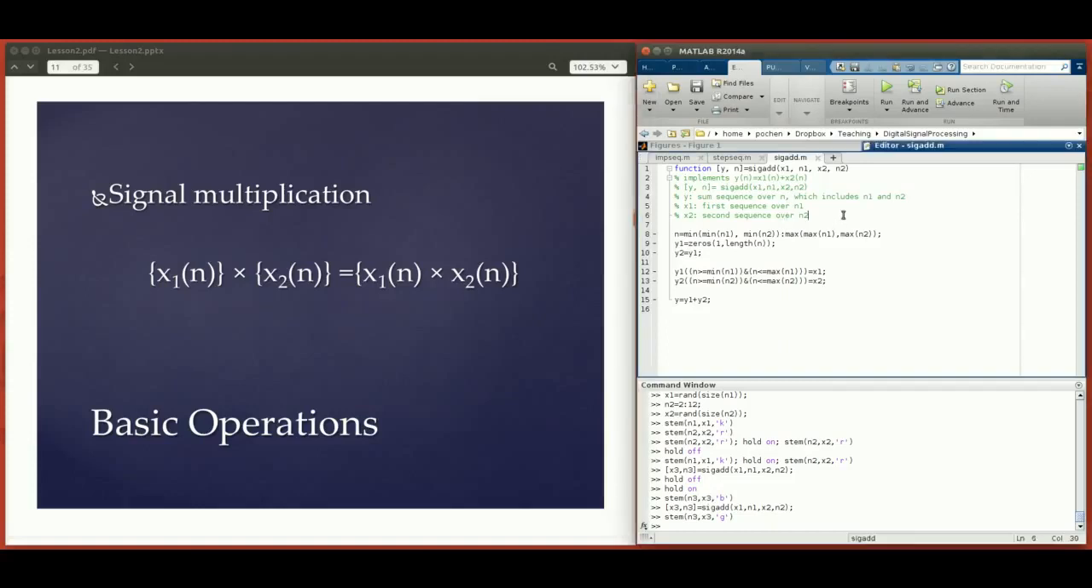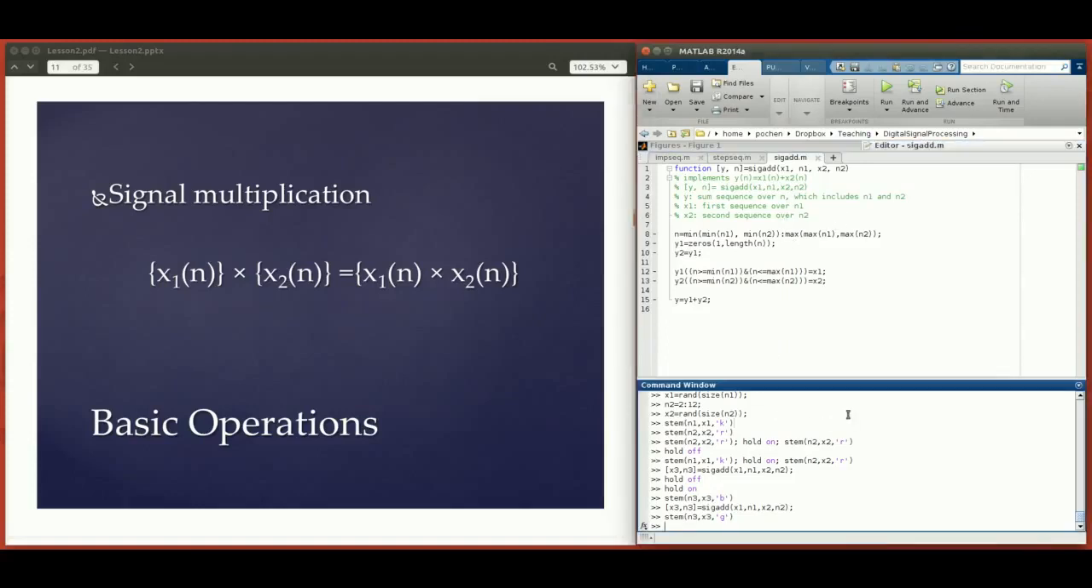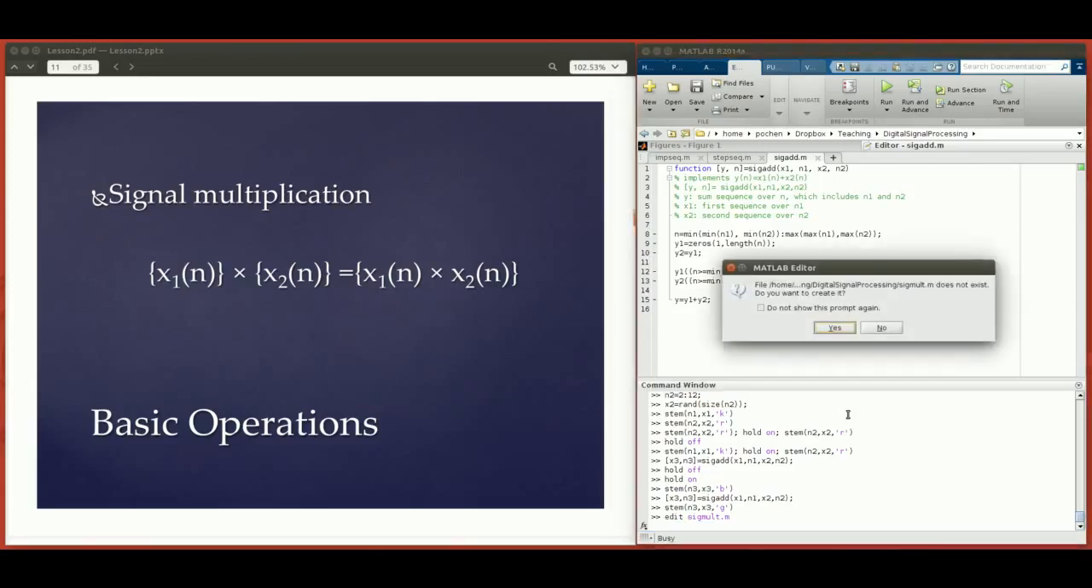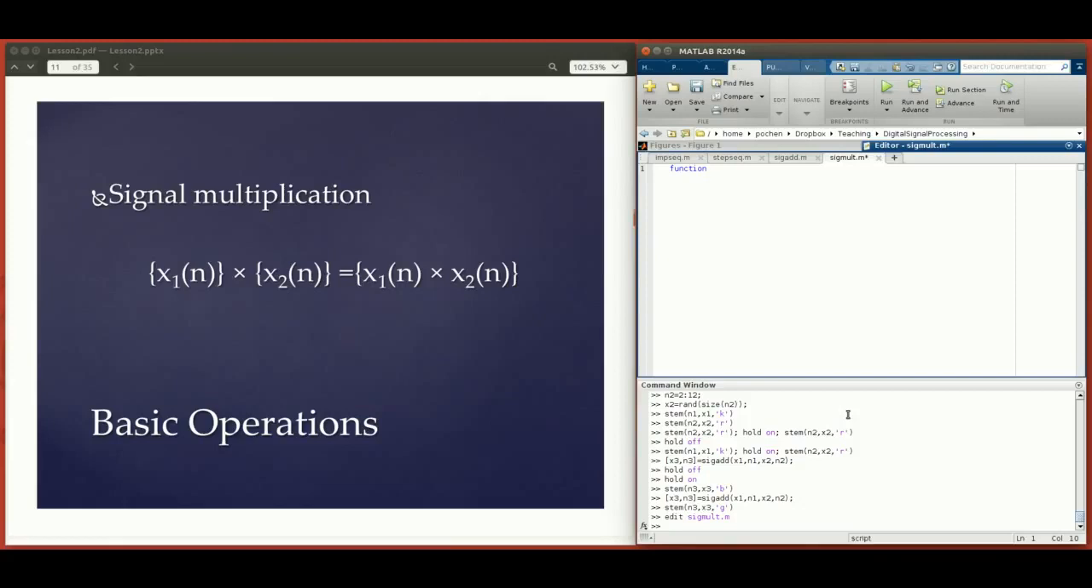But let's write a function that's called sig mult.m. So again, function, and then the output signal y and n equals sig mult x1, n1, x2, n2. Let's just write a simple comment. Implement y n equals to x1 n times x2 n,